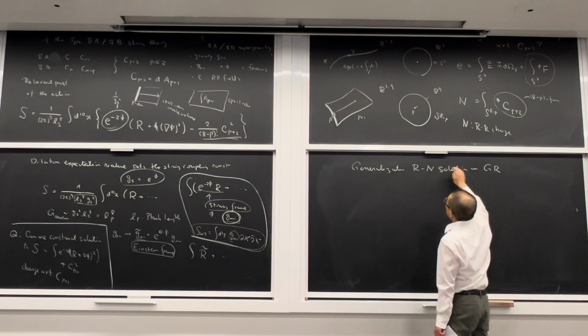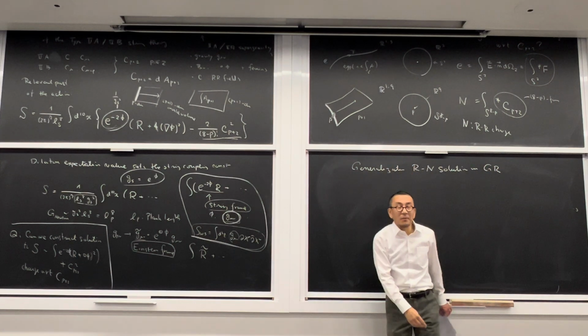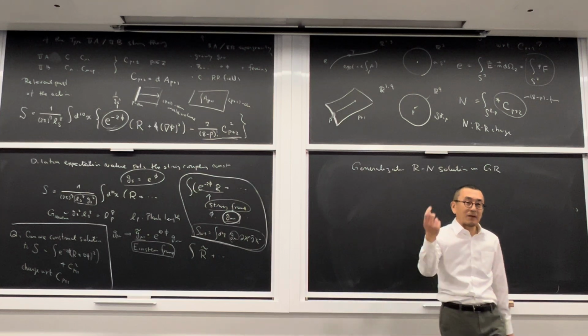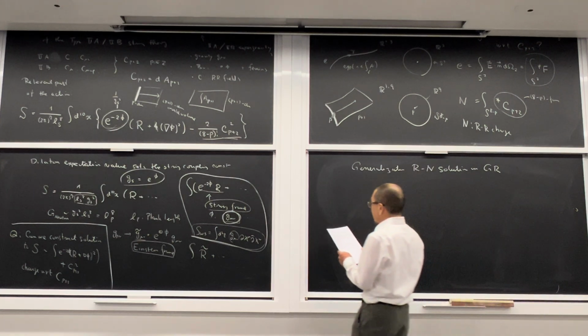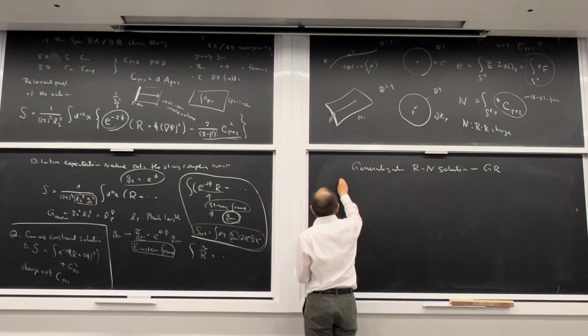So in general relativity, for example, if you have a particle charged with respect to electric and magnetic charge, there is a famous Reissner-Nordström solution. It's one of the very few exact solutions to the Einstein equation known. So that's for the point particle, and you just extend that to a p plus one dimensional thing. And so you can write down the solution, and in string frame,